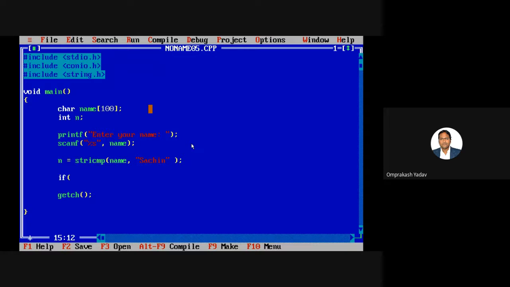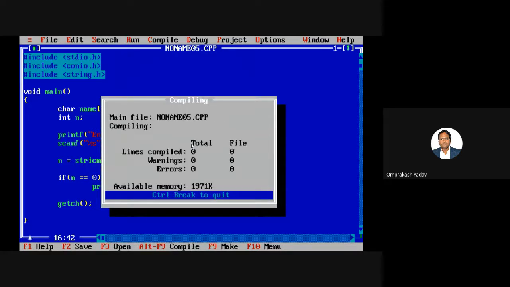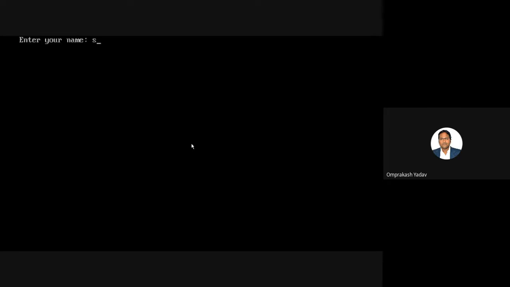If n is equal to 0, printf both are equal. So I've written only this much. I know I'll be entering sachin with a small letter and then I'll be checking. So let's run this. Enter your name. Let's say I'll enter small sachin, and see it displaying both are equal.